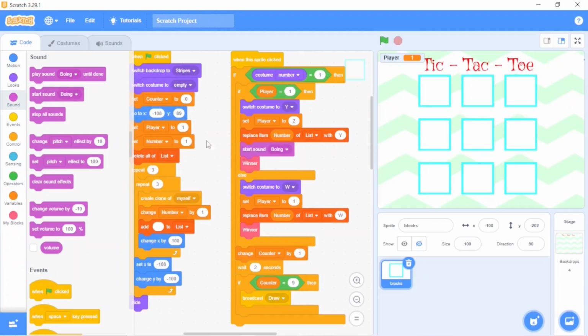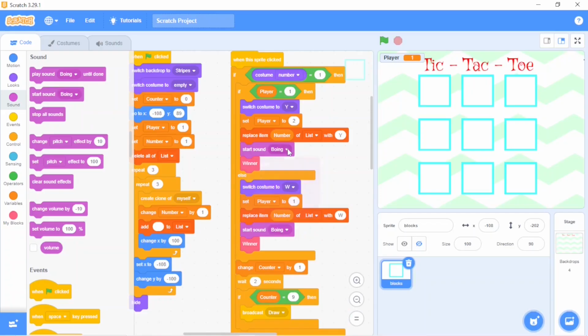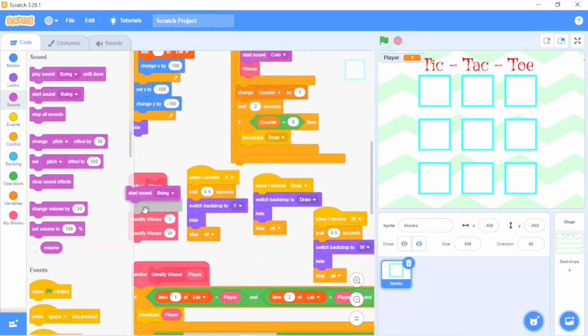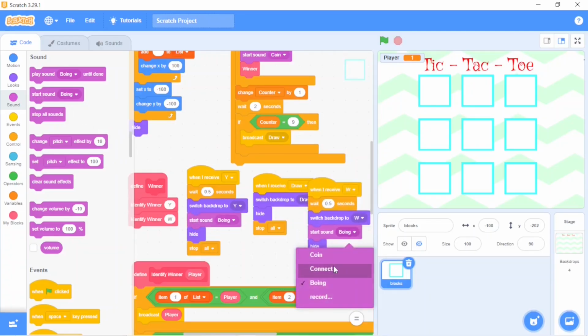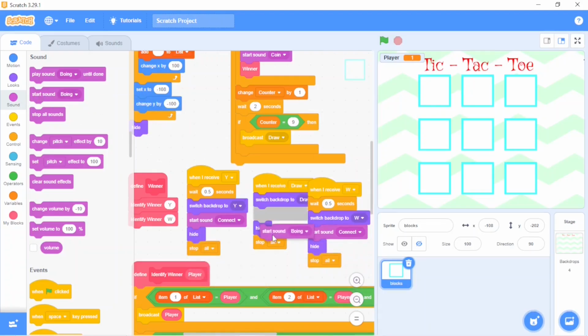Choose the sound over here and we'll choose coin. And when anyone, either yellow cat or white cat will win, it will make the sound connect. And if it is draw, we'll choose boing.